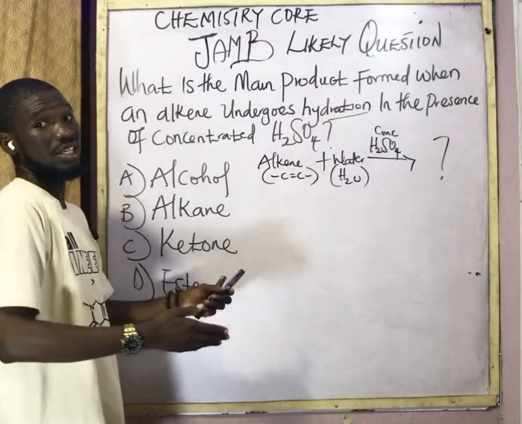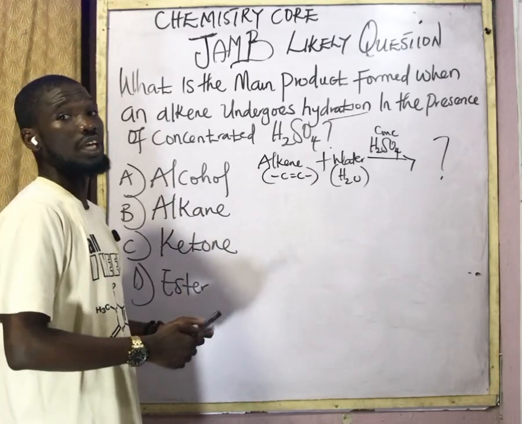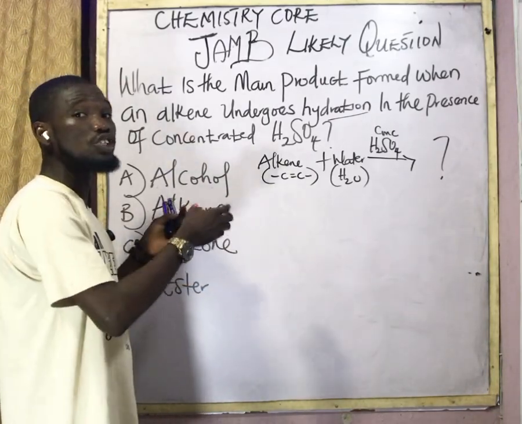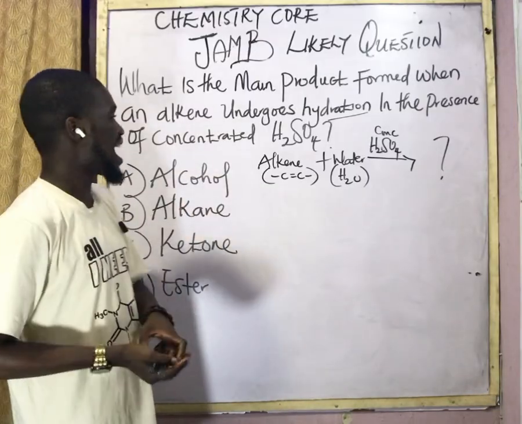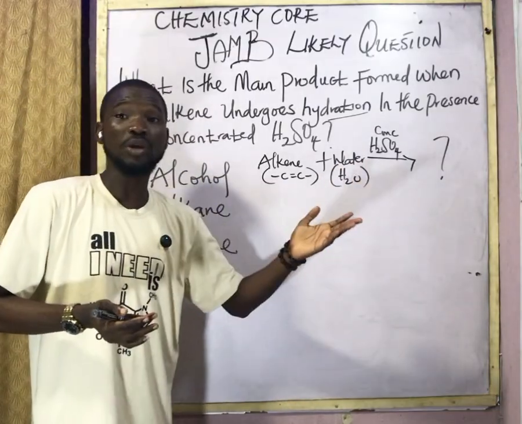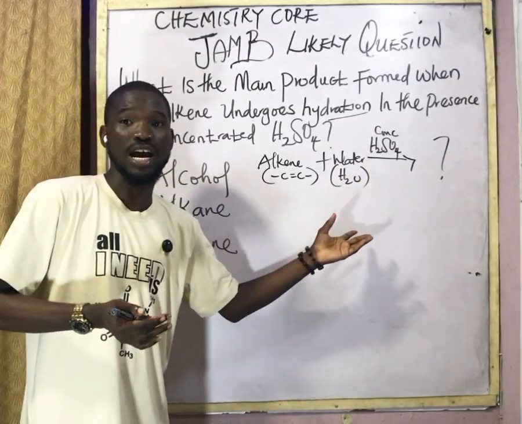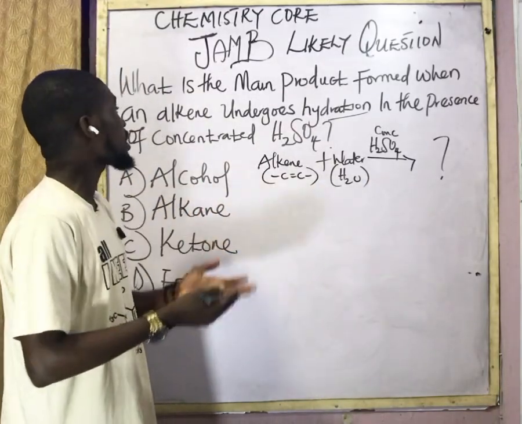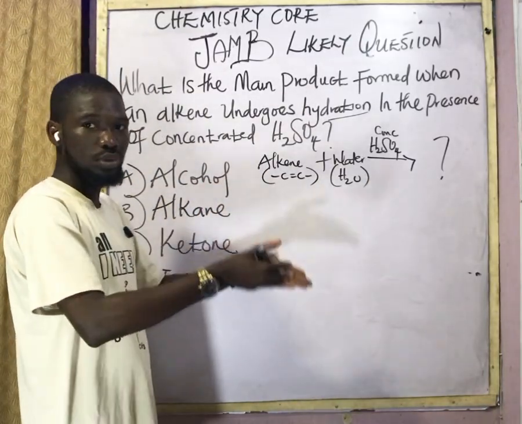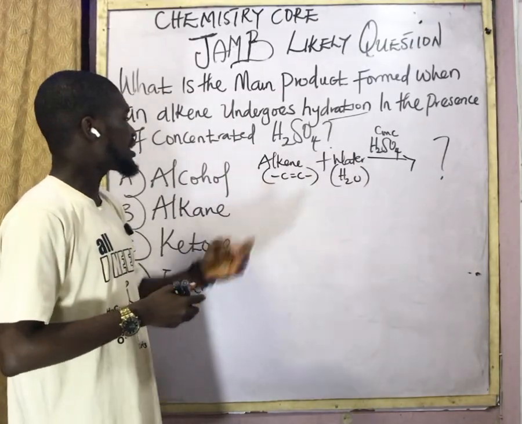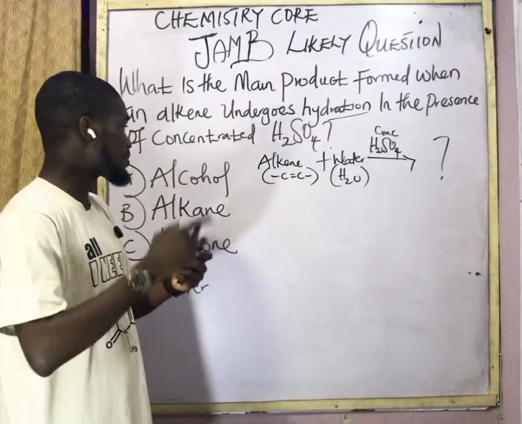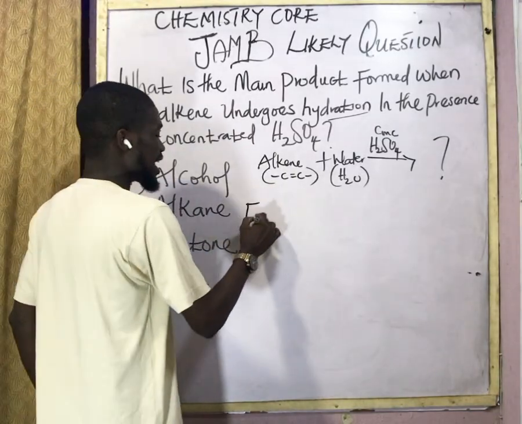This is how you attempt any organic chemistry question you came across. You don't just jump into the question without writing out what you are given. Now, at the product side, what are we going to see as a final product? We don't know it. But in the question, they said, what is the main product? Now, in this alkene, I'm going to pick the first member. And the first member of alkene is ethene,